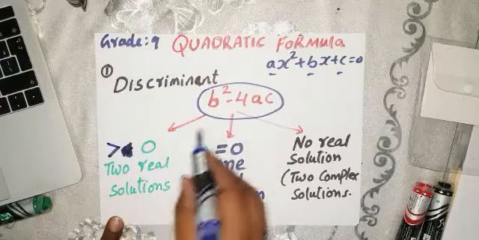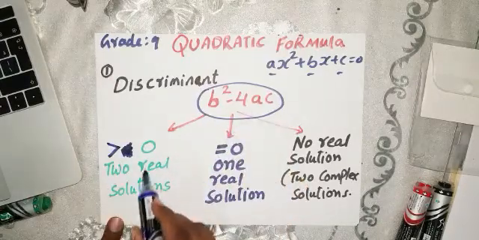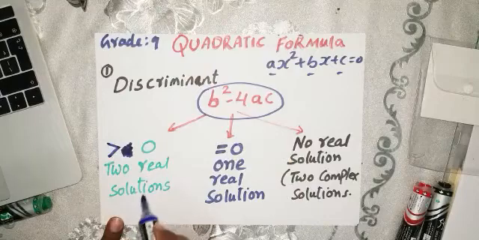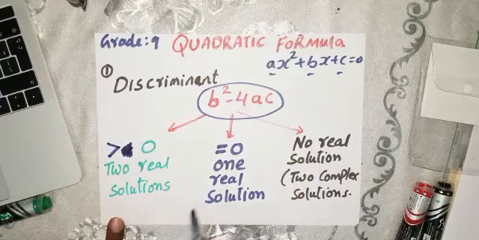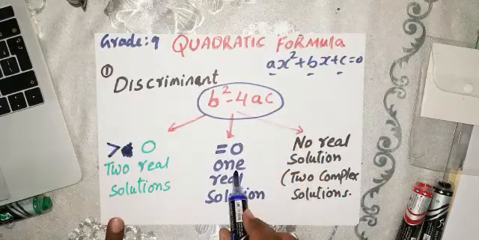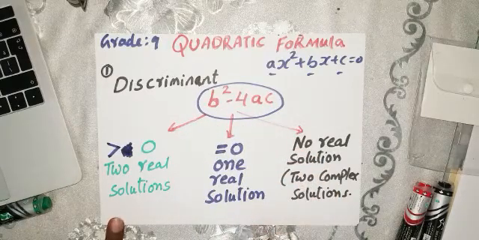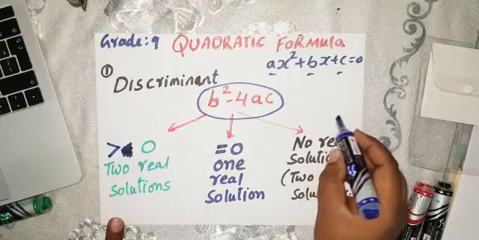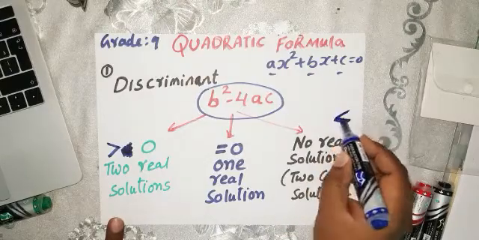If the value of b square minus 4ac is more than 0, you will have two real solutions. If the discriminant is equal to 0, then it is going to be one real solution. If it is going to be less than 0,